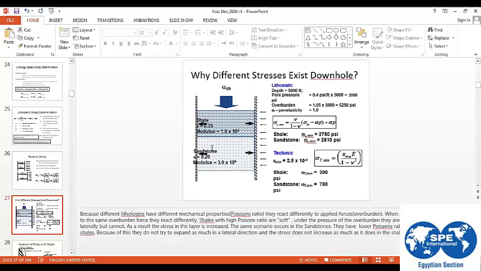So they depend on the calculation. They get from us the fracture pressure of the formation. So they select the maximum weight for this fluid to have a hydrostatic pressure less than the value of the fracture pressure of the formation, so he will not frac the formation. Then he calculates whether this hydrostatic pressure is enough to kill the well and prevent any influx from entering the wellbore or not.